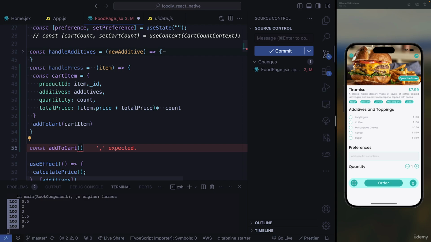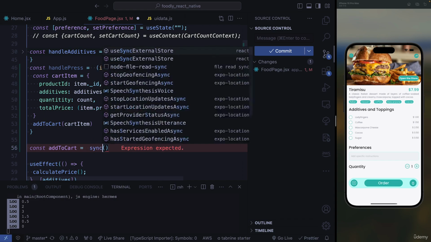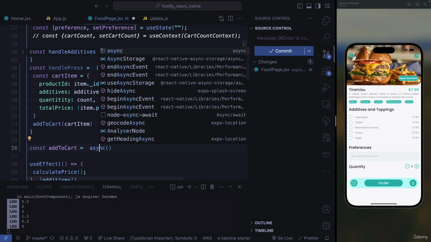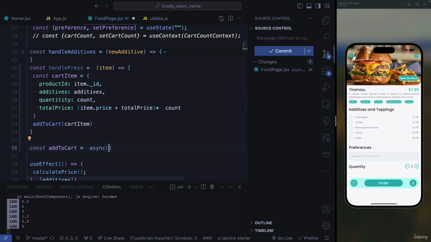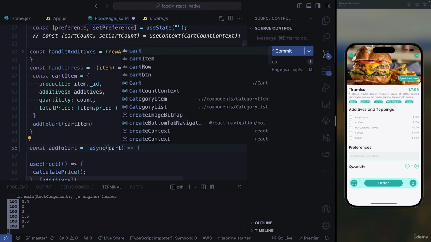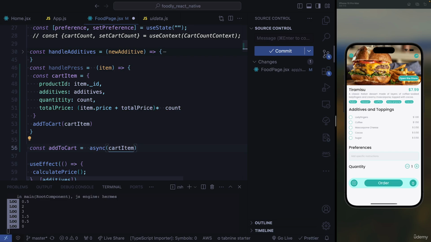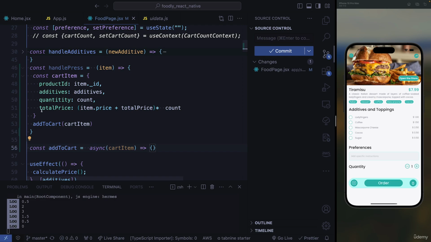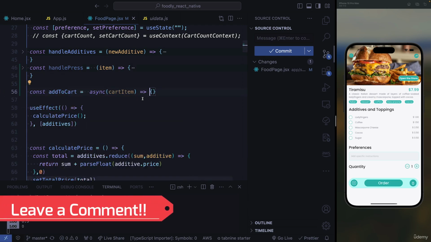And here, our function is going to be asynchronous, and it's going to take a cart item, like that. So we can leave it like that. When we have our REST API, then we can come and complete this part. So for now, this is all that we need to do. And next